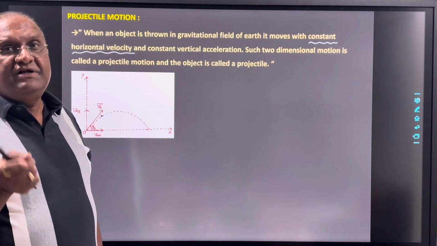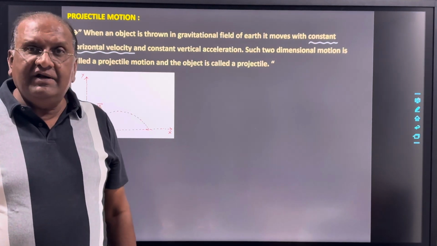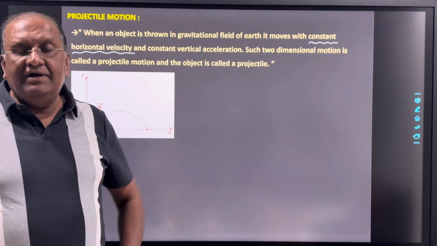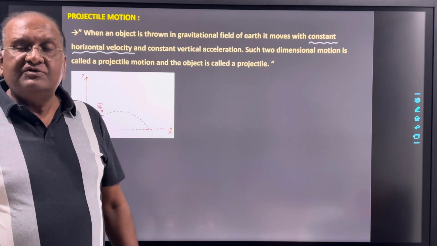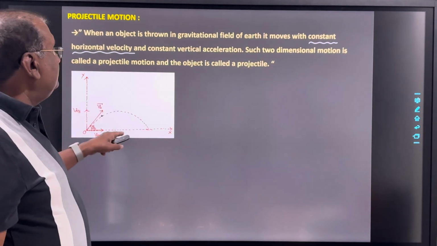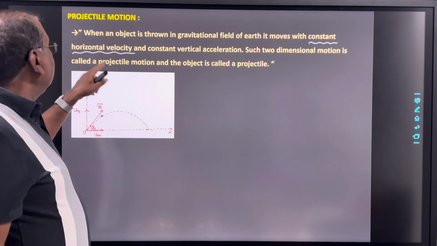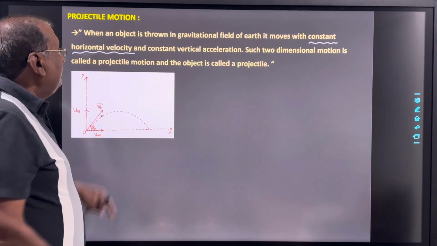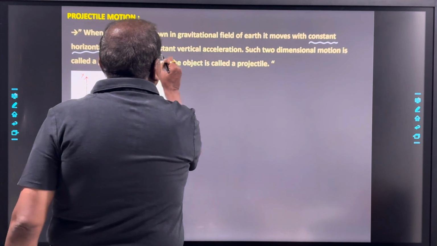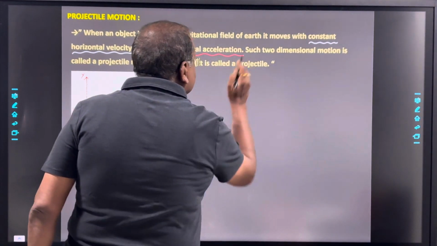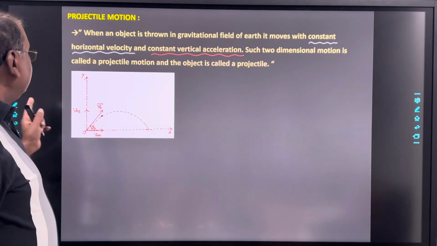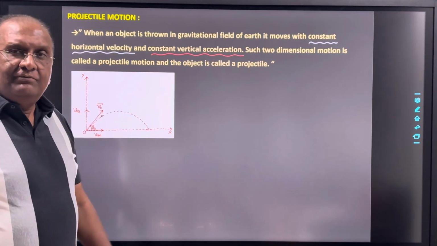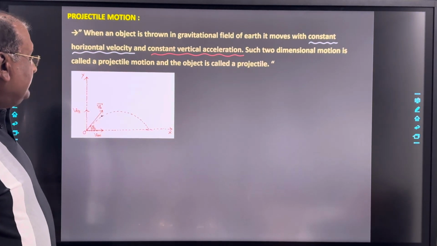right? And gravitational force is constant. So the acceleration of the object is also constant. So we can say this object moves with constant horizontal velocity and constant vertical acceleration. Then such two-dimensional motion is called projectile motion. Clear? Now see here,